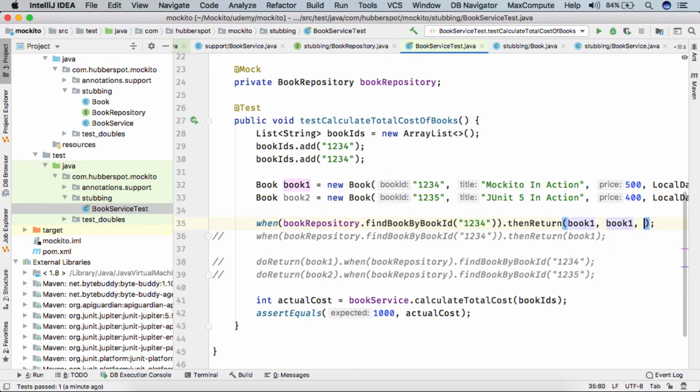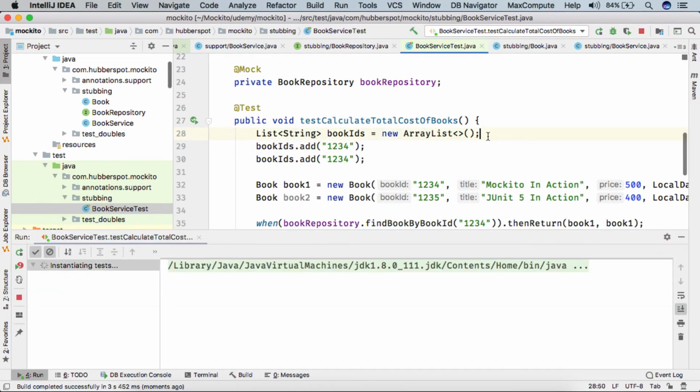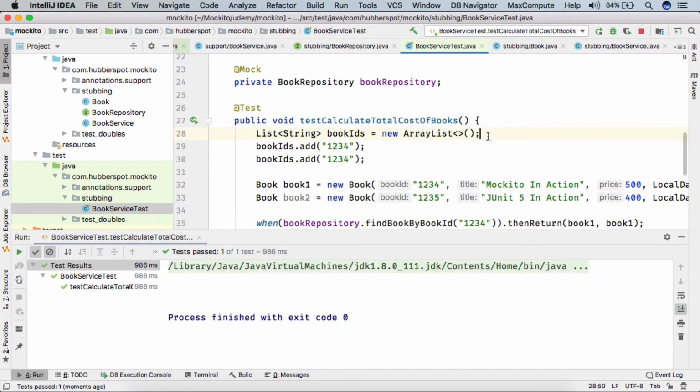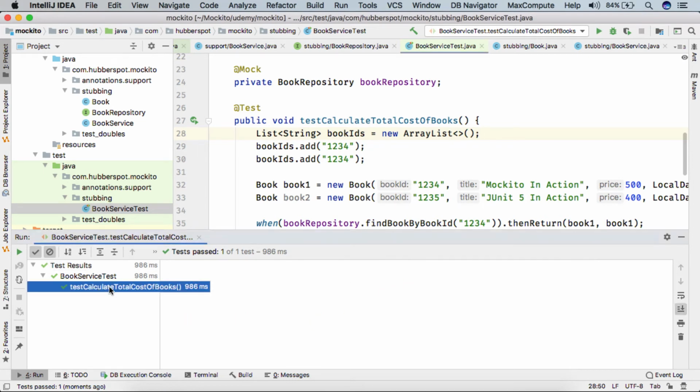Also, friends, you can configure multiple values here. If you know that you are calling the same method multiple times from your class under test, then you can simply provide one line of statement. If I run the test case now, you can see the test case got executed successfully.